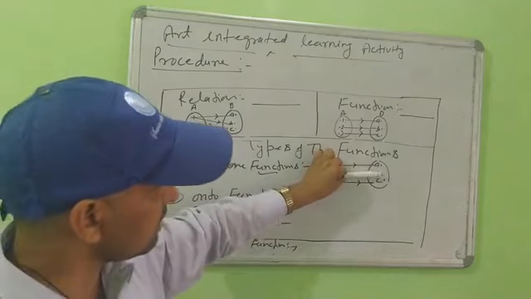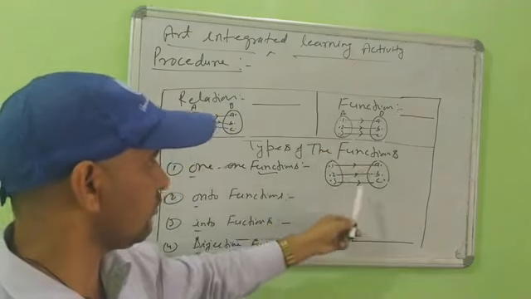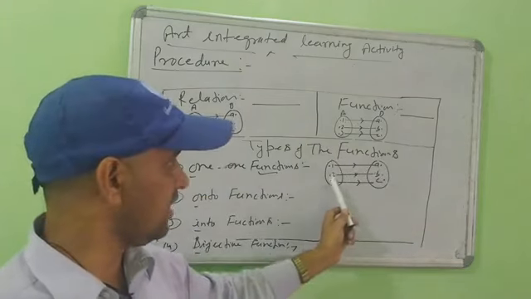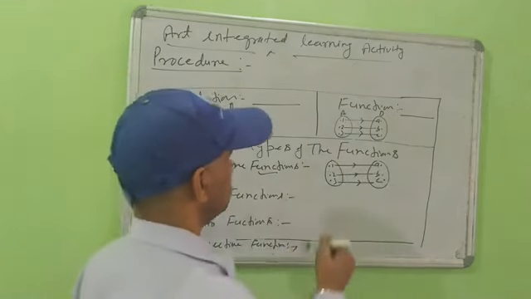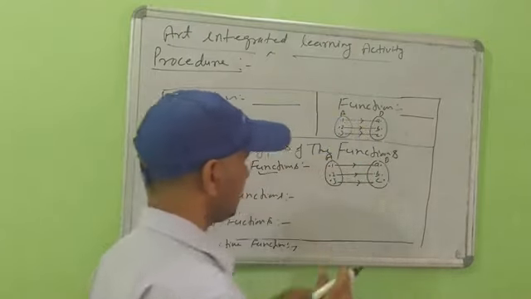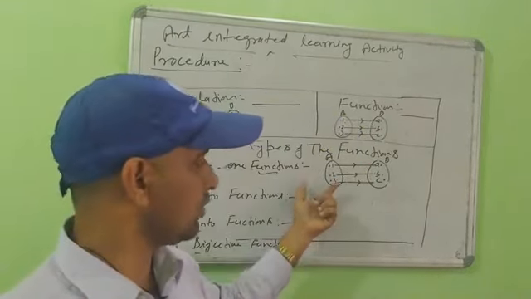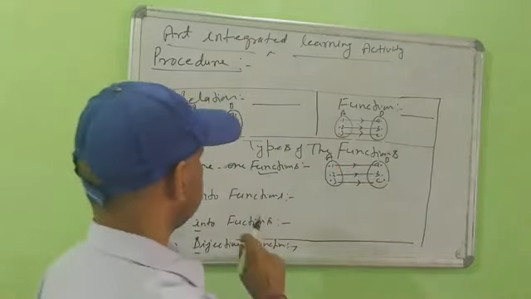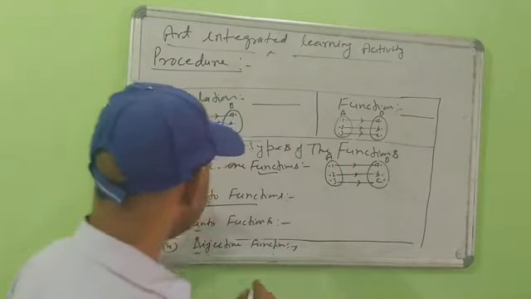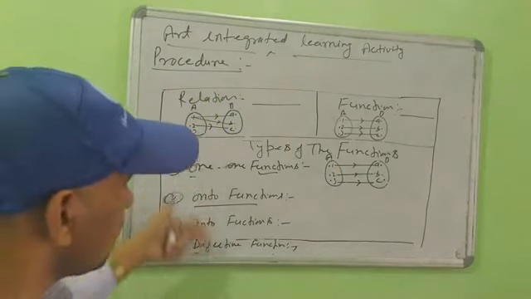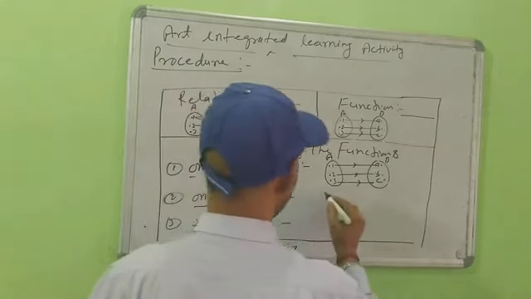Then you will give a diagram in a colorful way. The domain and codomain you will prepare with different colors. Suppose here A, or suppose here B, and then domain and codomain. Each different image is correlated in a colorful way. Second, you will write this also in a colorful way. Don't write with a simple black pen.